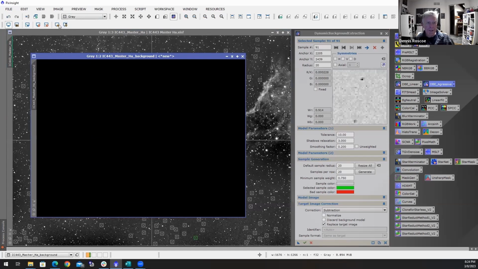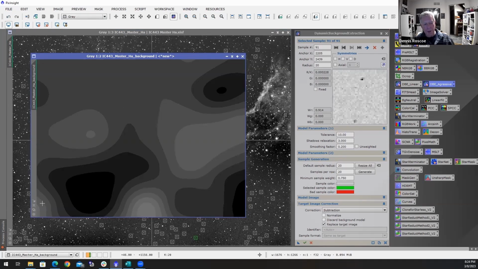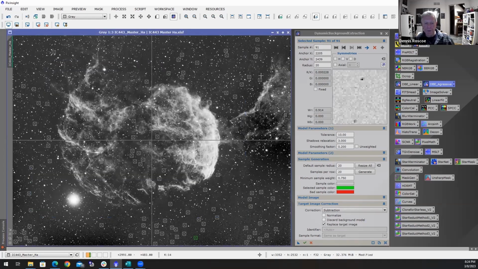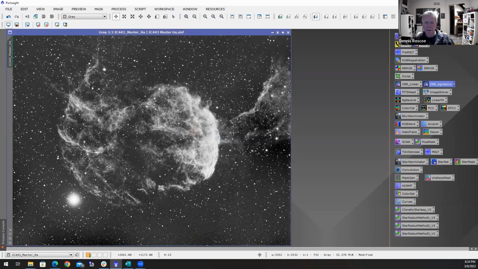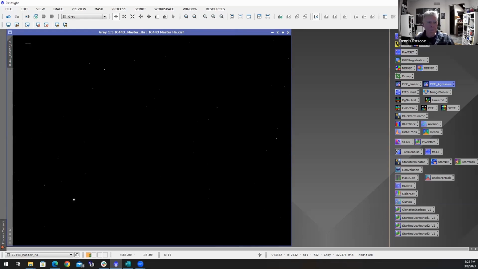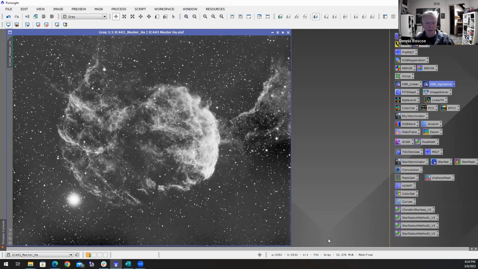And so let's take a look at what we're extracting. And sure enough, you see all this garbage down here, and so this really needs to be far more detailed. But for the sake of example here, I'm going to close this. And I didn't sample this area very well, I can tell. But let me remove the stretch and then restretch it. I didn't put any samples in this area, but you can see the dramatic improvement of the